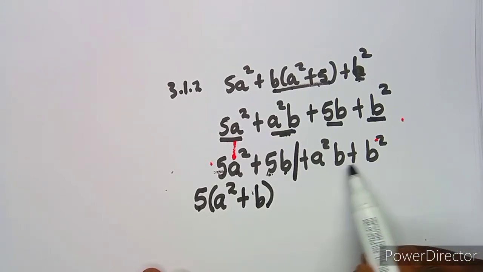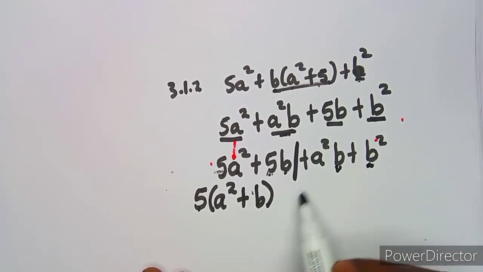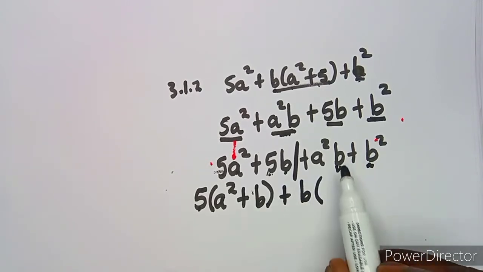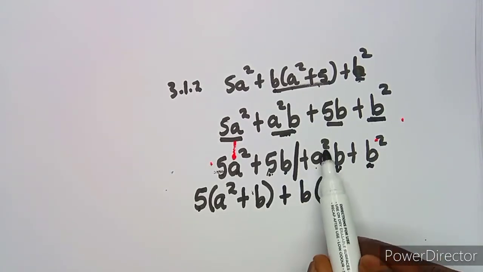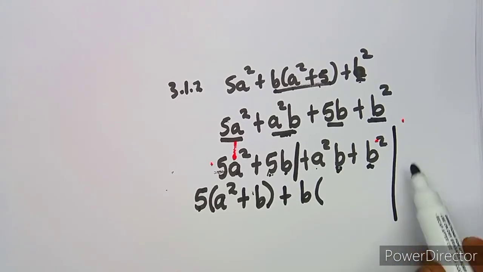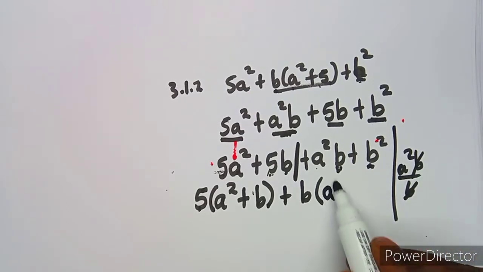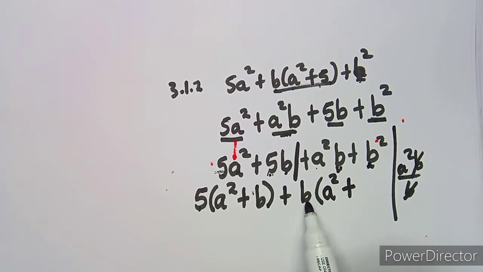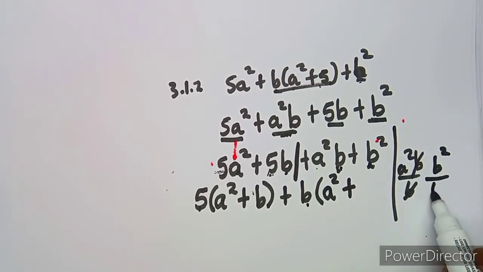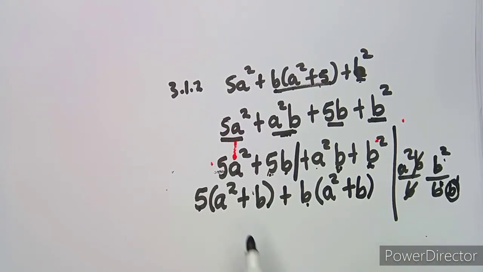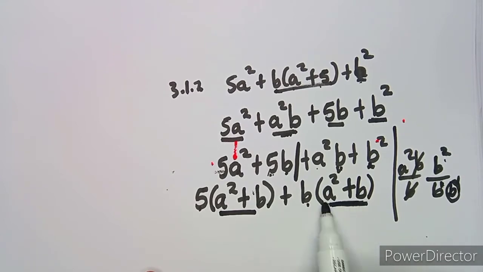The same here, b is the one that is common, but you are going to factor out plus b, so that this will be a squared b, like this, divided by b. So as you can see, b and b will cancel, we are going to remain with a squared plus b squared divided by b. So as you can see, this is going to subtract 2 minus 1, which is 1, so you're left with b to the exponent of 1, which is the same as b. Now as you can see, these brackets are the same,